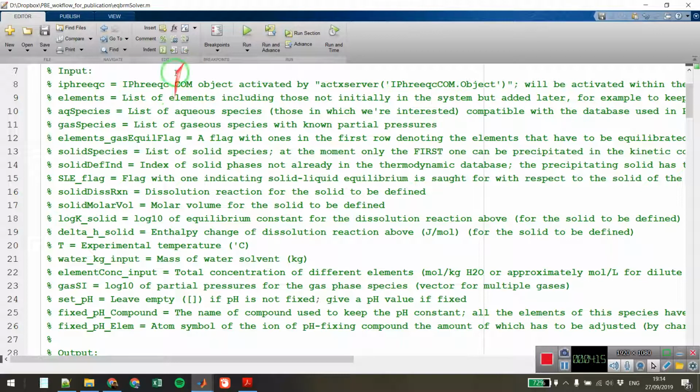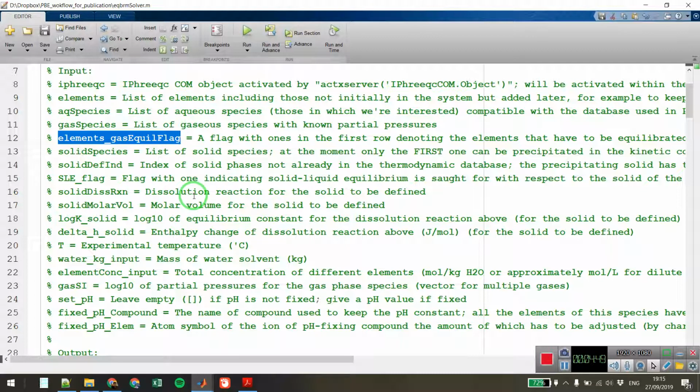Then we have the list of elements, aqueous species, and gaseous species, which should be consistent, as I mentioned in the other video, with the thermodynamic database that you have, here for cementitious systems. A very good database is SemData18, but you can also use any other database, like the one from Lawrence Livermore National Lab, or the default database of PHREEQC, which is also a reliable thermodynamic database. Then we have this